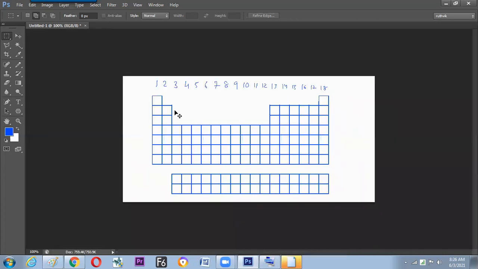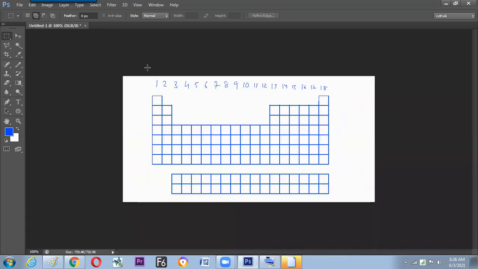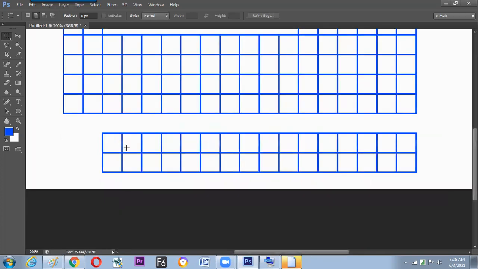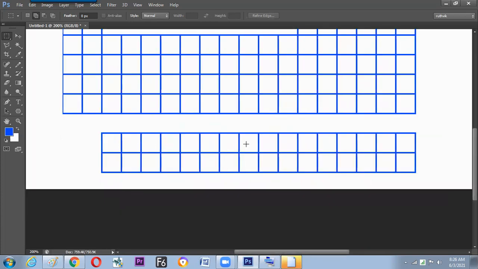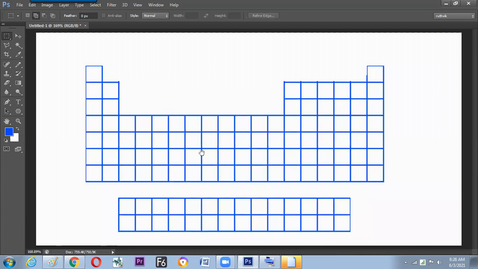So hope we have now understood how to make an event with practical knowledge. Whatever we have done and what can be done with this. And this is to get 14, 1, 2, 3, 4, 5, 6, 7, 8, 9, 10, 11, 12, 13, 14. This to be minus. So that is how to make a periodic table with the help of pattern design.